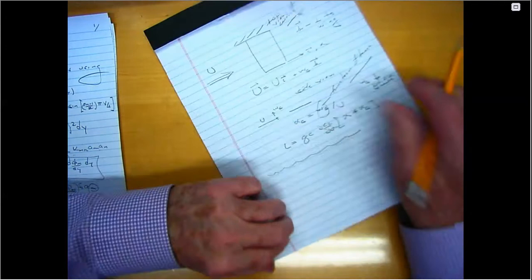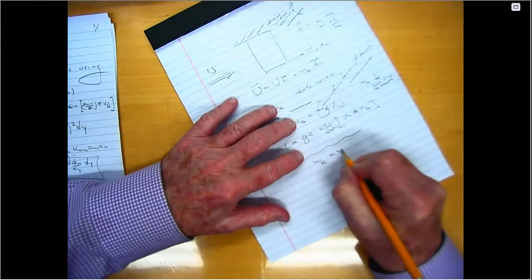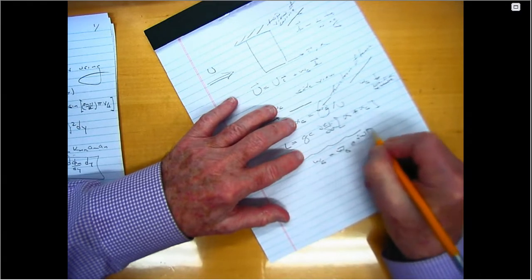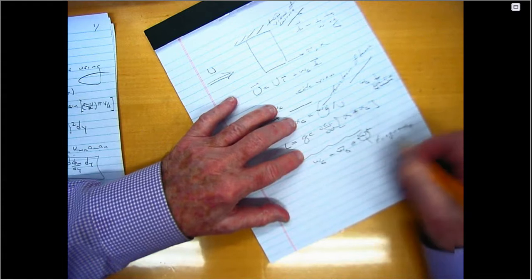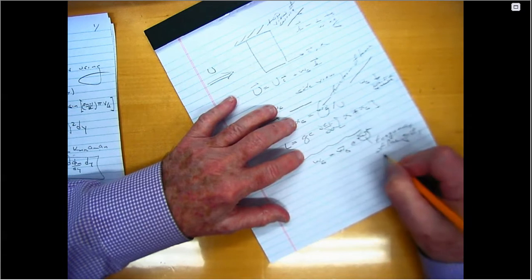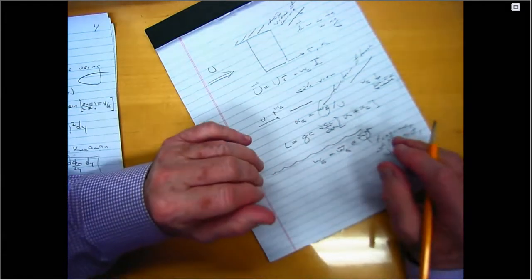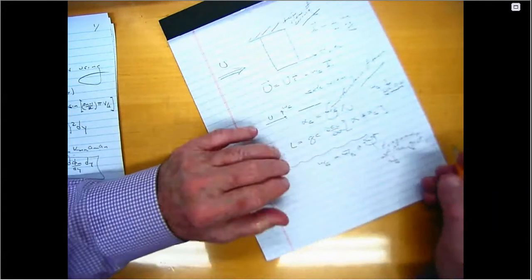Fourier analysis. That's right. Fourier analysis. So let's briefly go through that. Let's assume WG is some magnitude e^(i omega t), where omega is the frequency of the gust. I could make it omega sub g, but I prefer not to have to carry along that subscript. If I do that,